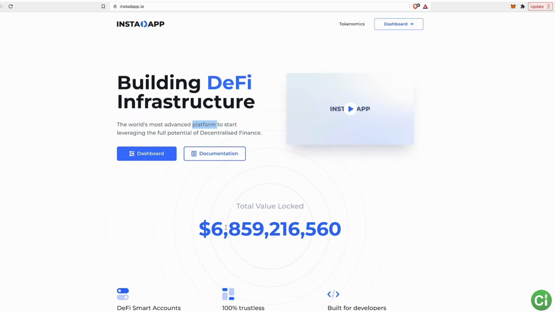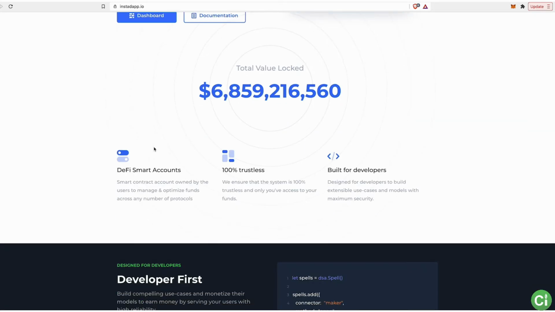First of all, they have about $7 billion, I'm rounding up a little bit, in total value locked. And I want to point out that cryptocurrency prices are down by about 50%, and this was $13 billion not that long ago. So it's probably, for the most part, the same assets, just valued at a lower value now. And so what is InstaDapp?